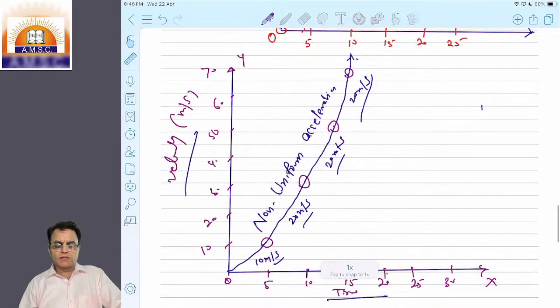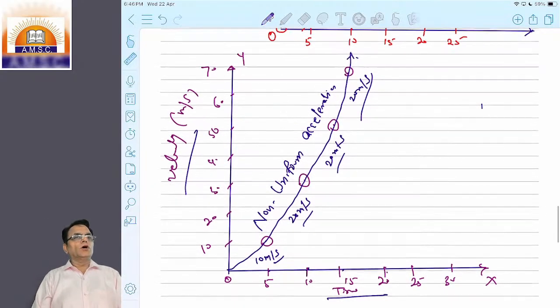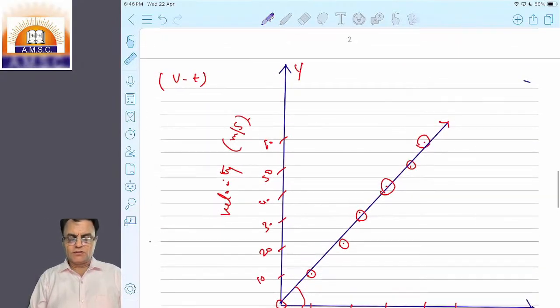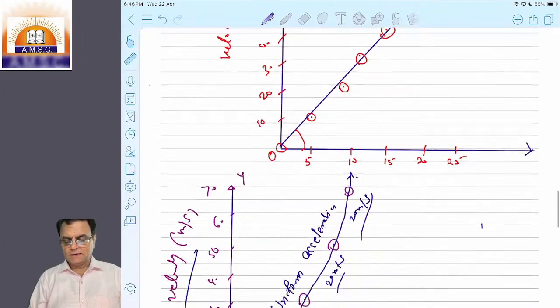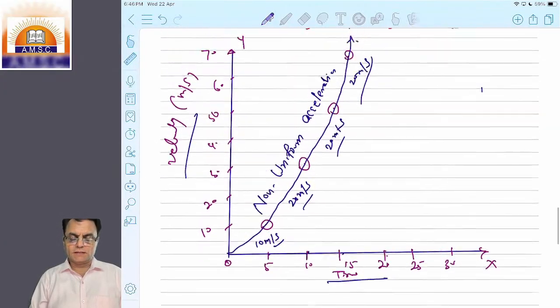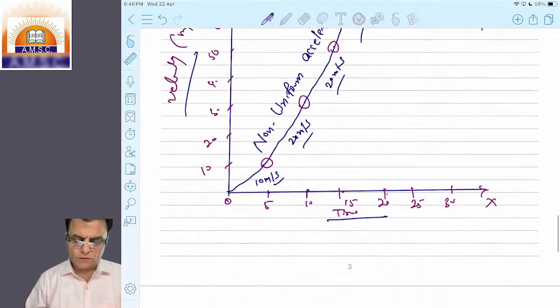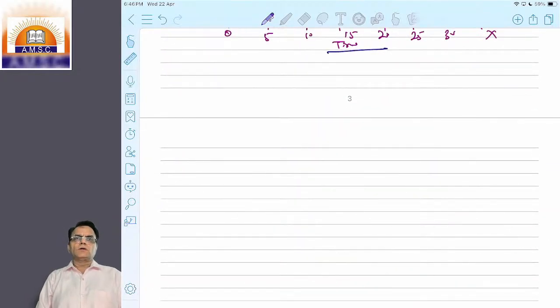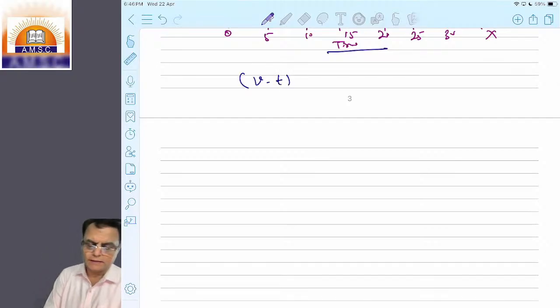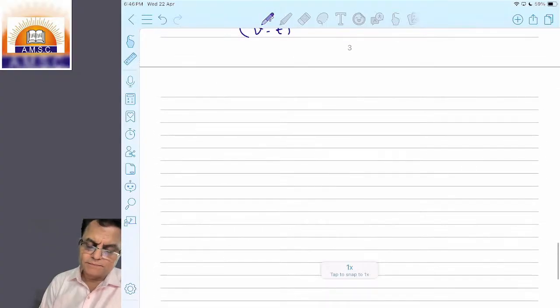So such kind of motion is regarded as non-uniform acceleration. This is uniform acceleration, right? Now we will have a very important discussion. Please tell me any doubt. This is uniform acceleration, non-uniform acceleration. So right now we are dealing with what kind of graph? The VT graph, velocity time graph. The next is